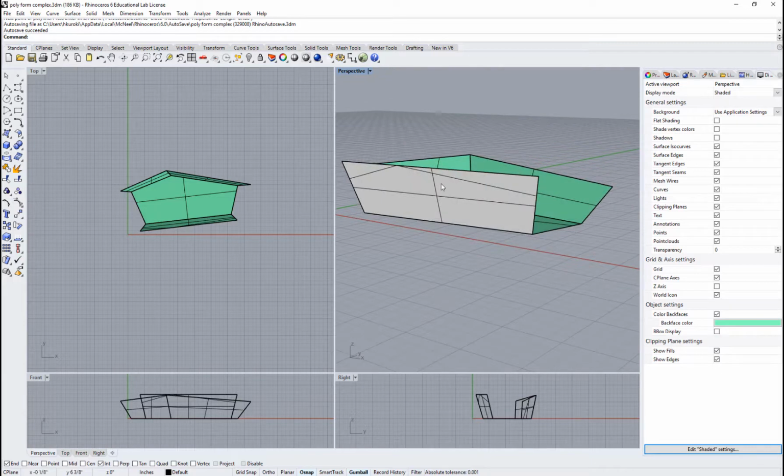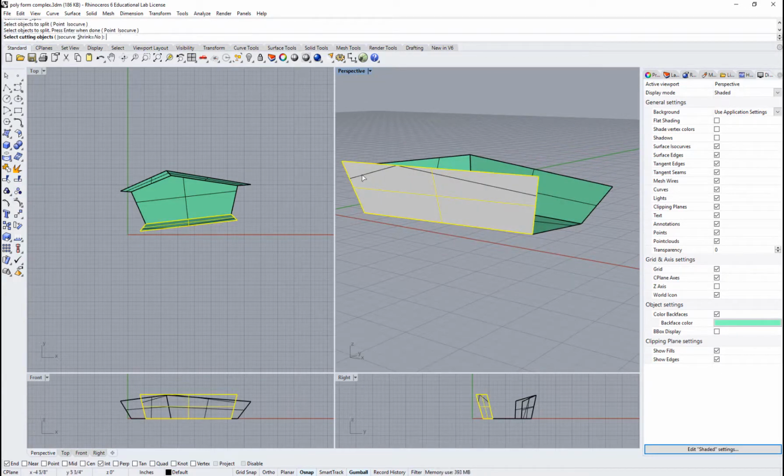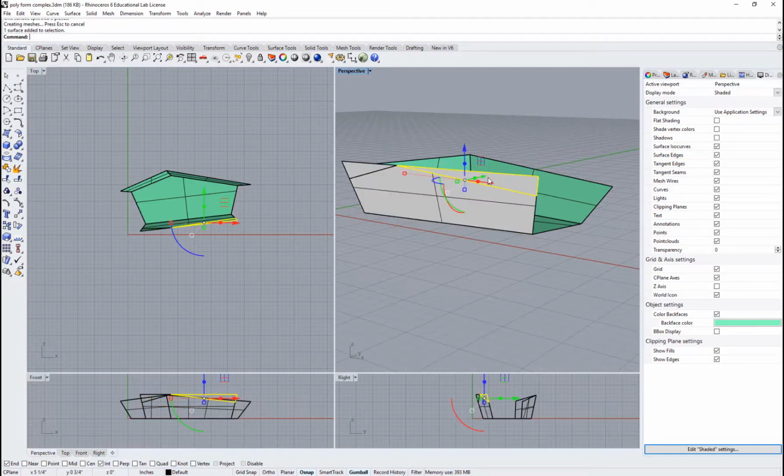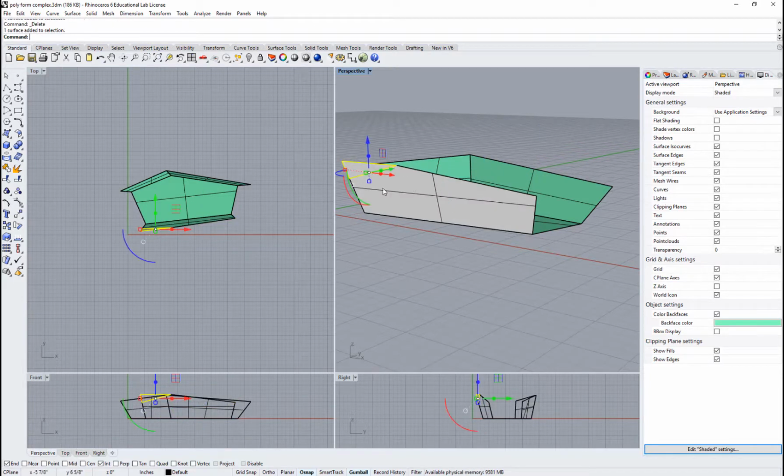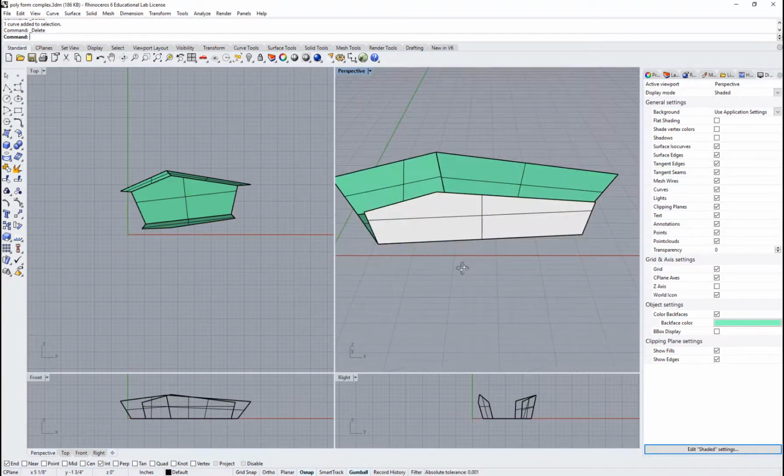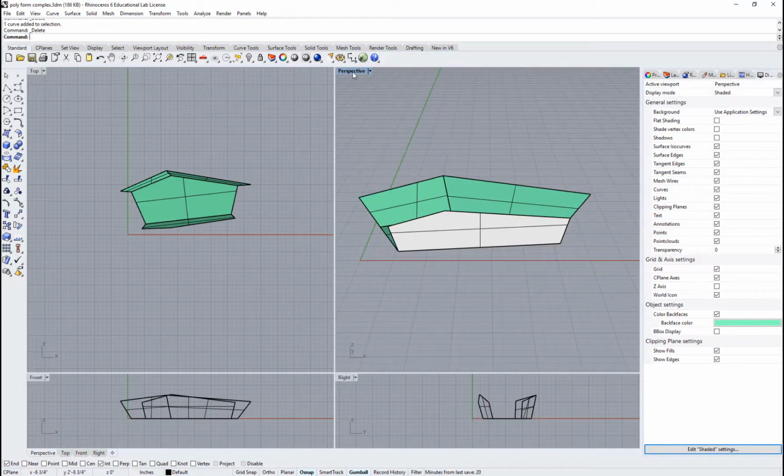I could now use this polyline to split that surface. So split this with that, enter. Now this should be its own shape, that should be in its own shape. If I select the curve, I could delete that, and there it is. Okay, just like previously,